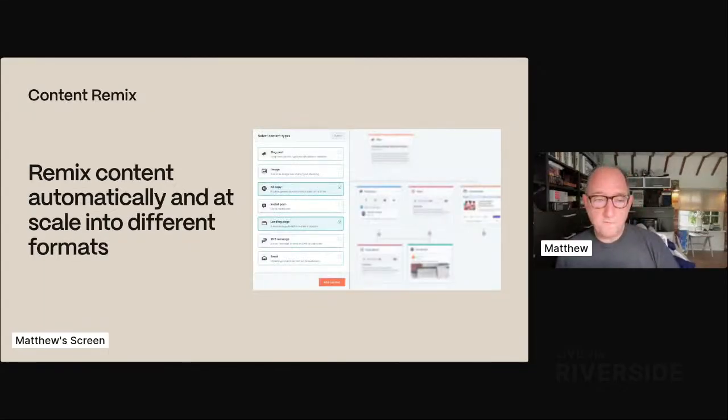Second tool for Content Hub users is Content Remix, and we've been a little bit wary about this, and I think our view is that the tool is improving, and for some use cases it's probably ready for prime time now. What I think it's most useful for is where you have work that is genuinely human, expert, authoritative, based on real experience. So for example, a webinar recording or an interview or something like that, or some combination of